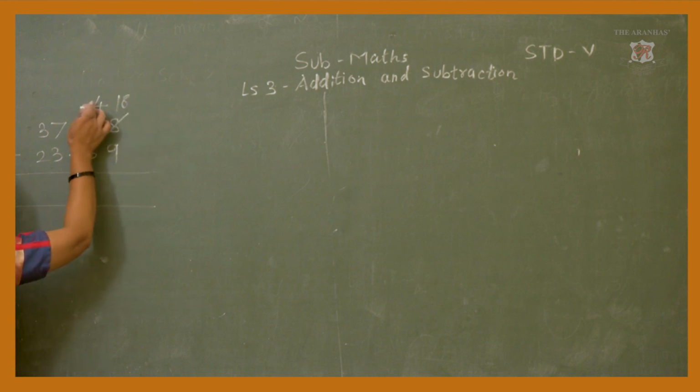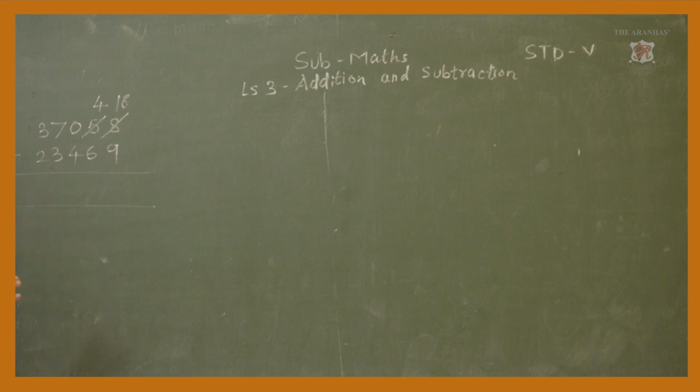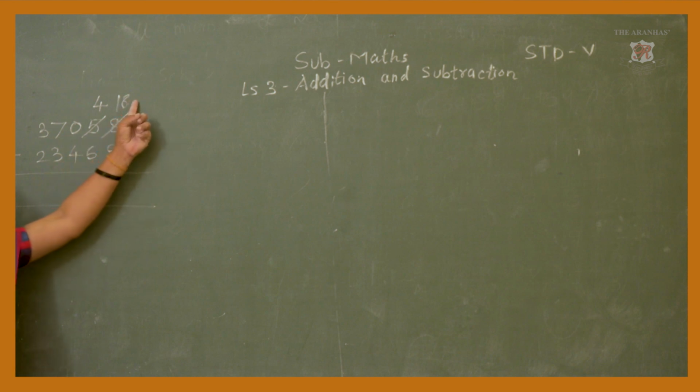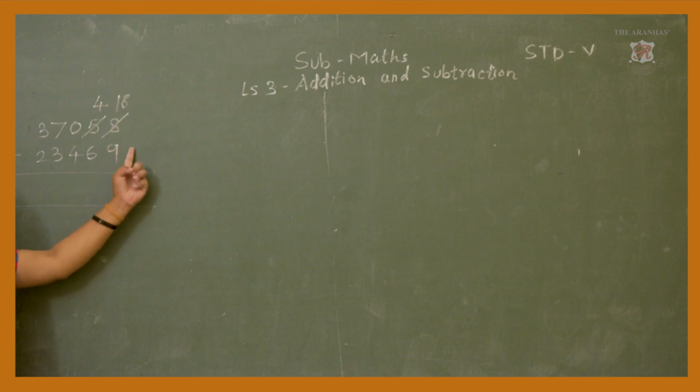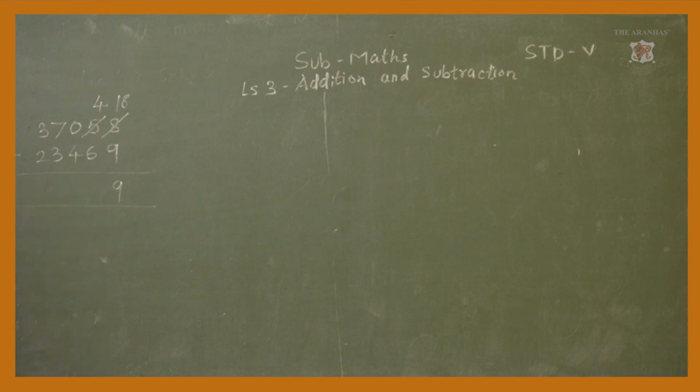Don't mix the numbers. When you are writing the numbers, write neatly, otherwise make columns. So it is very perfect for solving. Now we can subtract 9 from 18, so 18 minus 9, we get the answer 9. Now go to the 10s place number. What is the number over here? 4. Here 6. We can't subtract 6 from 4.